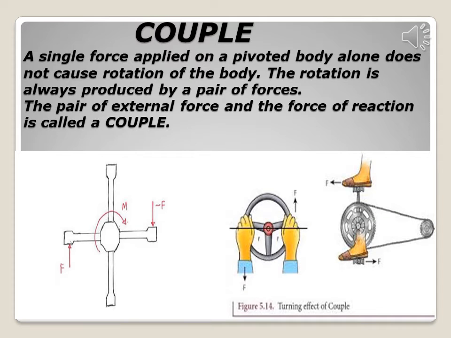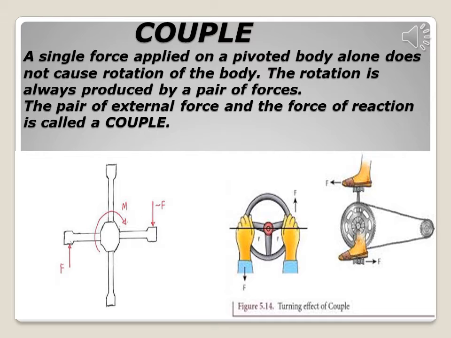Let's begin with couple. A single force applied on a pivoted body alone does not cause rotation of the body. Actually, the rotation is always produced by a pair of forces. In the given examples, the rotation is due to the force externally applied and the force of reaction produced at the pivoted point. The force of reaction at the pivot is equal in magnitude but opposite in direction to the